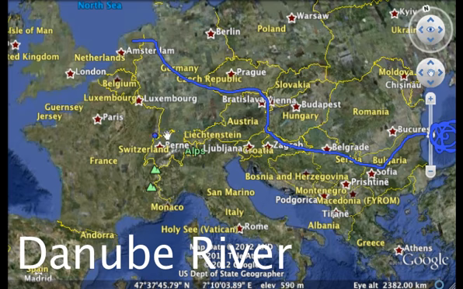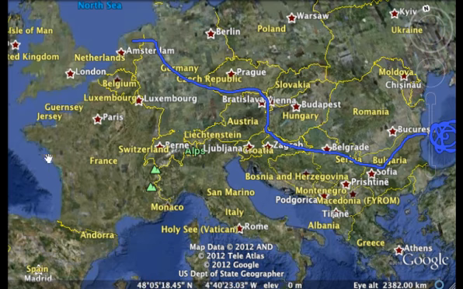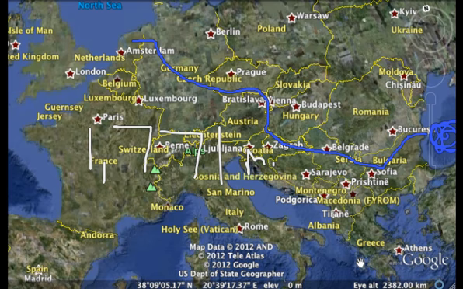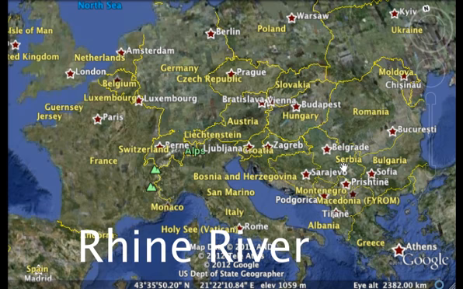Again, it stretches 1,771 miles. Okay, that's the Danube River. Okay, there's one other one that we want to look at, and that is the Rhine River. Okay, the Rhine River, you can see we have the North Sea up here, obviously in the north, and we start in the Netherlands. Okay, and this goes from the North Sea into Central Europe, because in the Netherlands we go down through Germany,